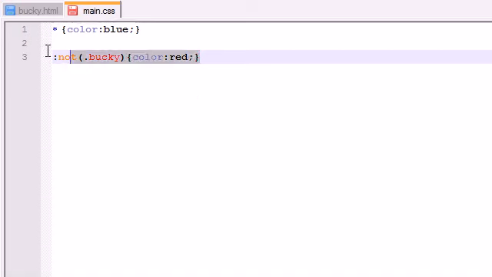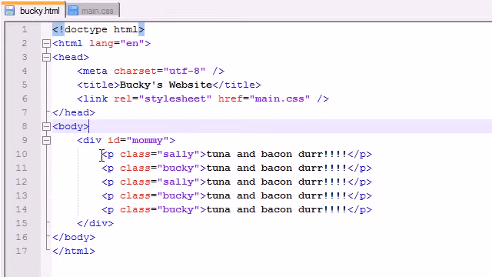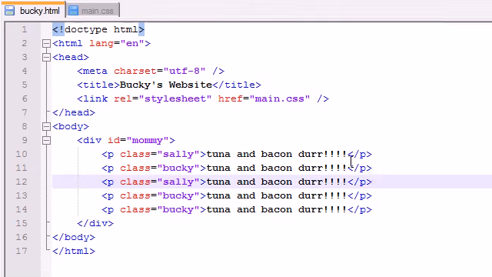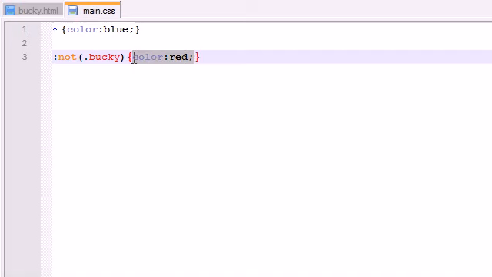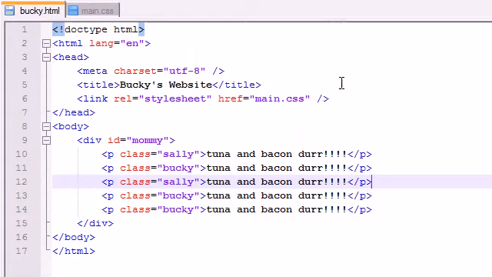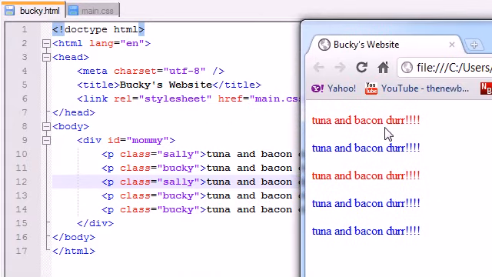I pretty much made a negation class, and what this is saying is, okay, color our entire website blue. We got that done. Now, everything that is not in the class Bucky, color red. So if you look, what's not in the class Bucky? Well, this Sally isn't in the class Bucky, and this Sally isn't in the class Bucky. So those things we say, okay, color red. So let's go ahead and refresh this, and if we do that, we can see that these paragraphs indeed got colored red, because the only things in this website that weren't in the class Bucky were the first and third